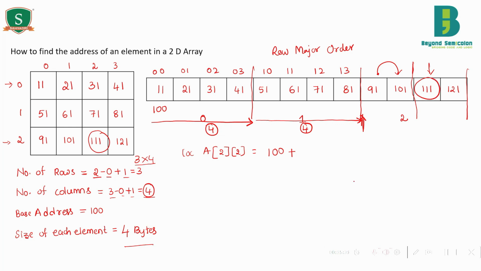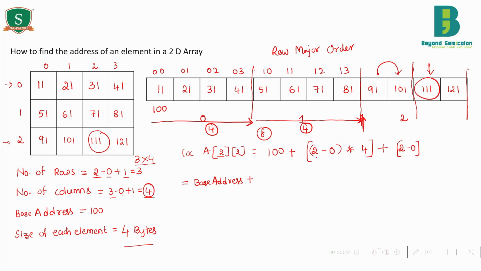We will try to derive the formula now. I need to cross 2 rows minus the starting index of the row. In each row, how many elements are there? 4 elements are there in each row. 4 plus 4 is 8. If you observe this, 2 minus 0 multiplied by 4 is 8, plus, after reaching here, how many elements do we need to cross again? 2 elements, that is 2 minus 0. 0 is the starting index of the column. If I derive the formula, the formula will be base address